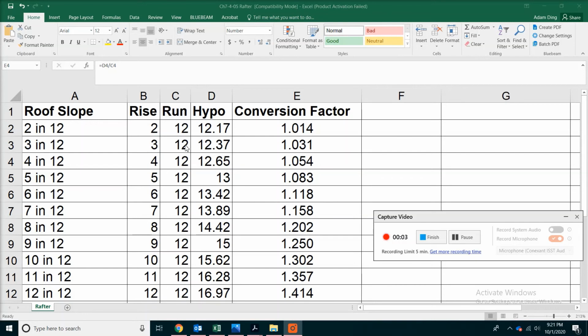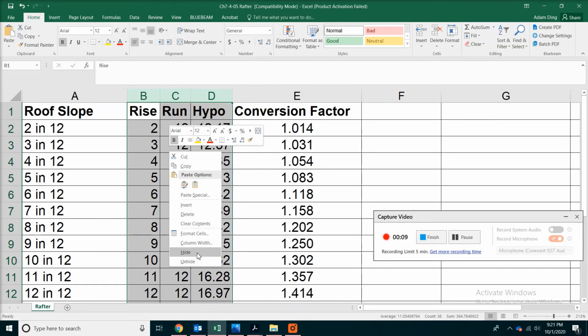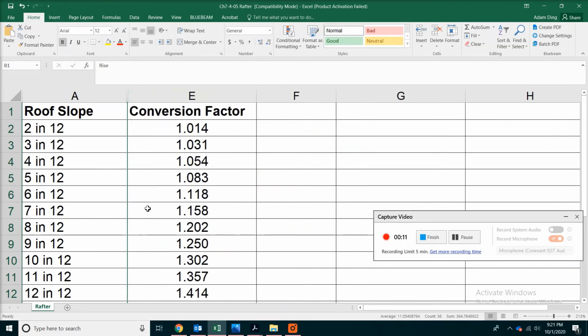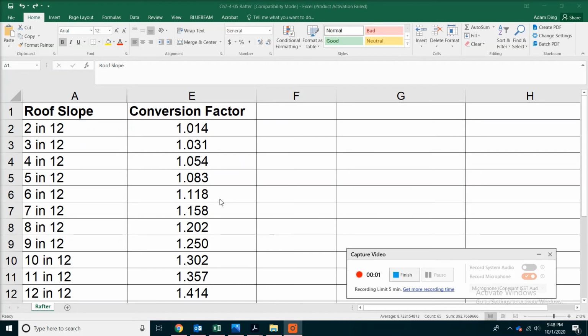Now we're done with the table, so we can just hide those columns. Select the BCD, right click, then pick hide. What we really need is just the slope and also the conversion factor. However, we need those other columns in order to make the formulas work. So in this case, what do we do